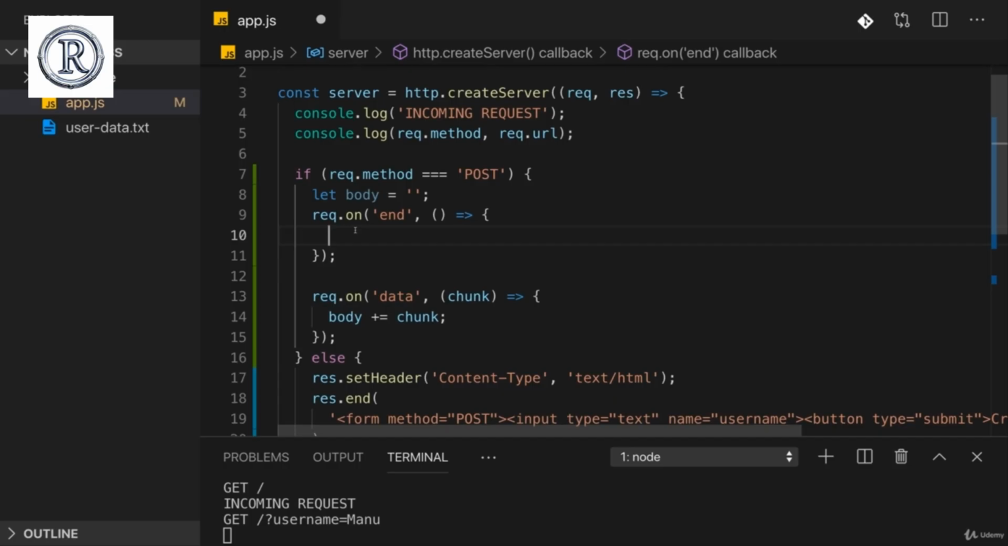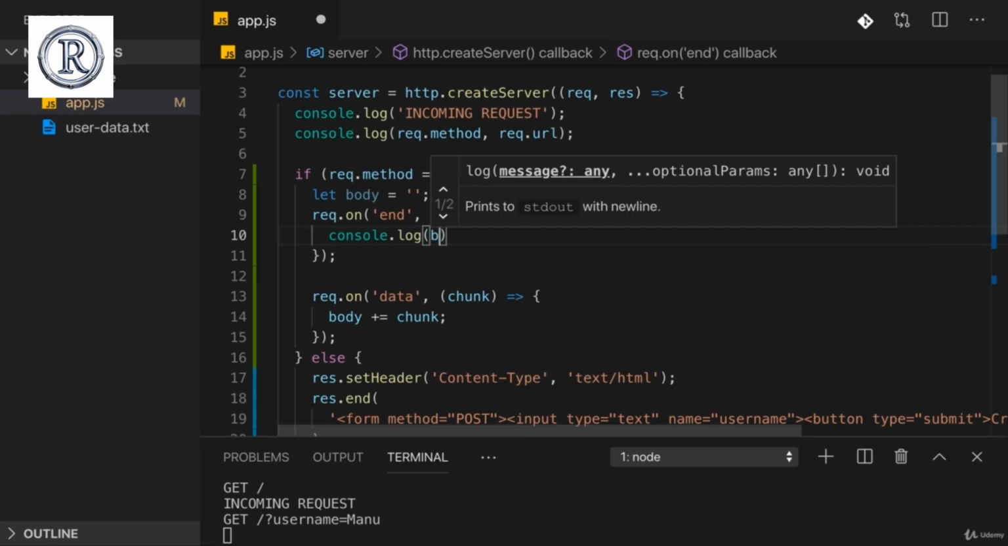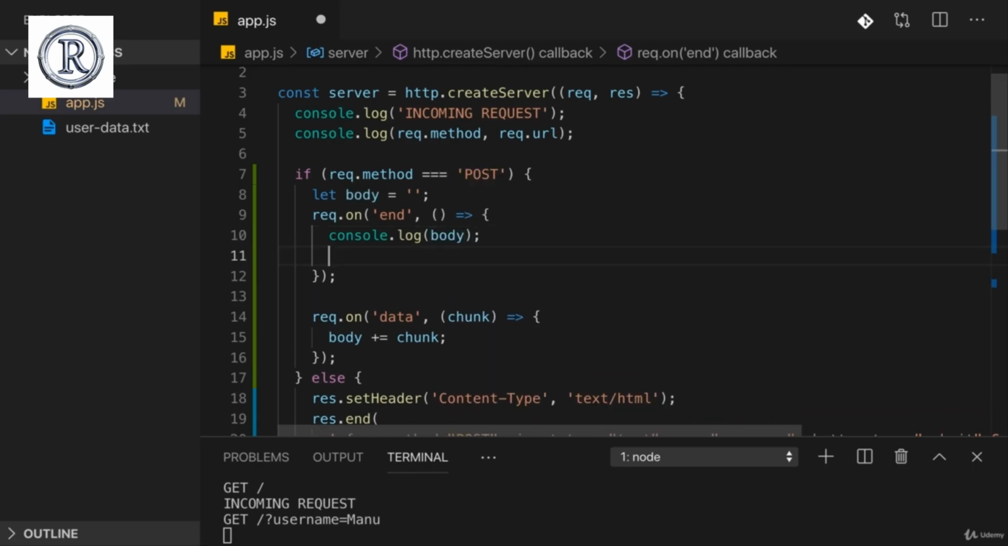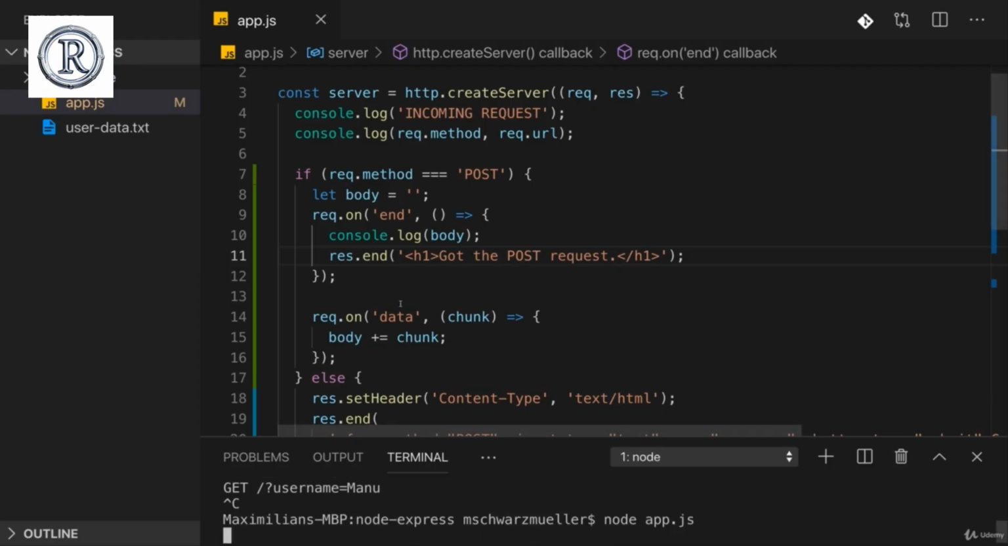Now here I then have my body. So for now, let's just console log body and look into it. And also send back a response where I for now have just an h1 tag, which doesn't have our body, but I say, got the post request. And now with that, let's restart the server,